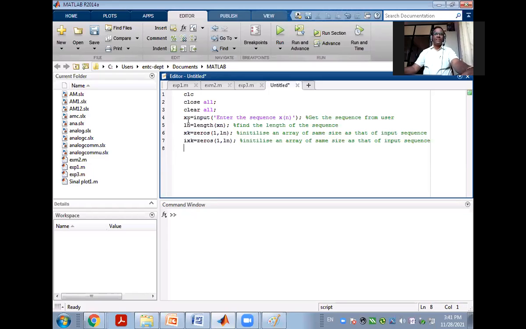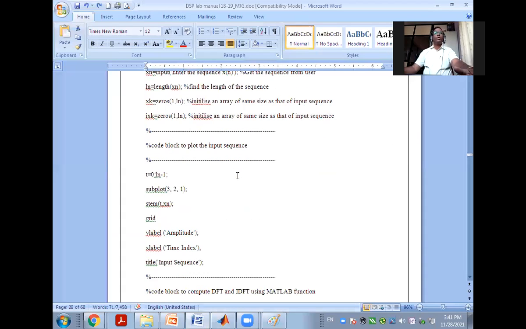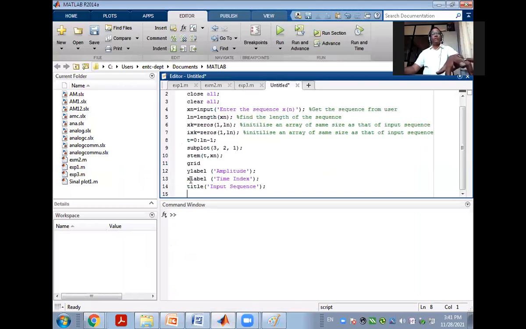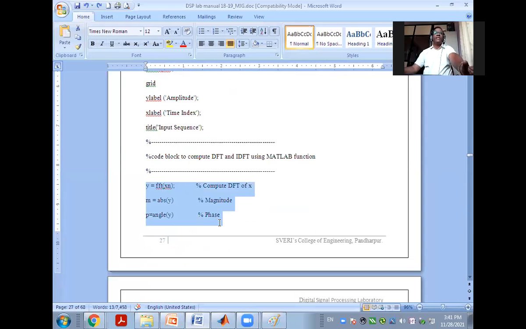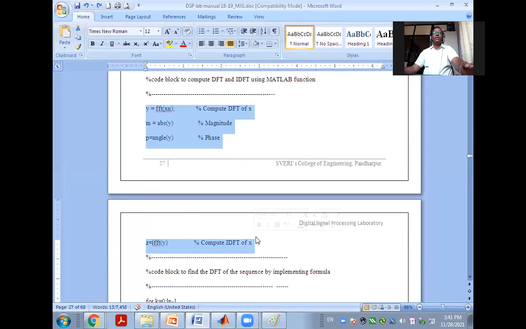Then as I wanted to plot this sequence, let me take out that program. आप अपने यहाँ से plot कर सकते हो वहाँ पे, right? So this part I will just copy there. This is for plotting of a sequence. This complete program I have taken for plotting of the input sequence. And then next I will write the program for calculating the DFT and IDFT, right? So this part is for calculating DFT and IDFT.